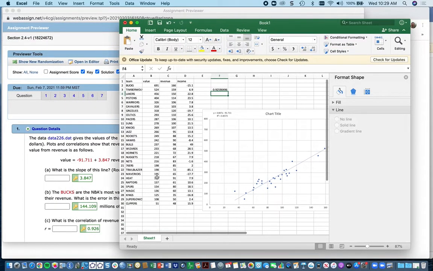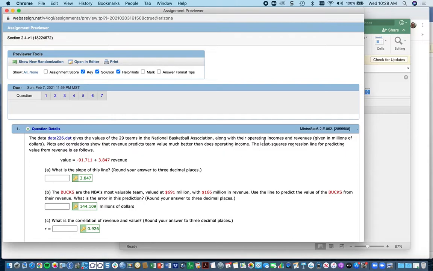They said round it to 3. All right, so if I round this to 3 decimal places, there's the answer. Okay, now the thing I want you to realize, there's a couple of other things that are quirky about this